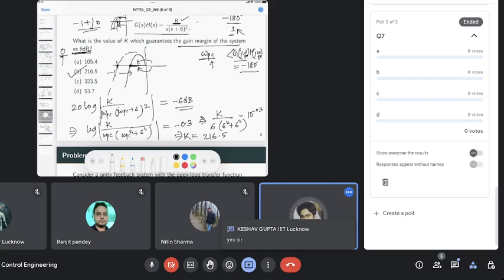Okay, so we are just using that basic definition, nothing else, right? Because you need a gain margin, and the gain margin is defined as the amount of gain you can increase at the phase crossover frequency. That means when your plot is passing through minus 180 degree phase, how much gain you can increase. So for that you first find the phase crossover frequency where it crosses minus 180 degree,